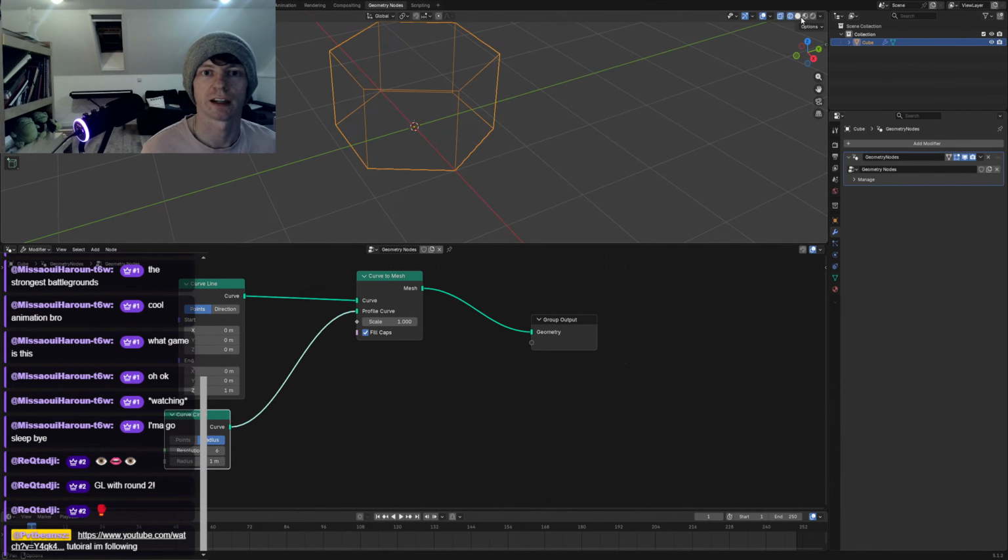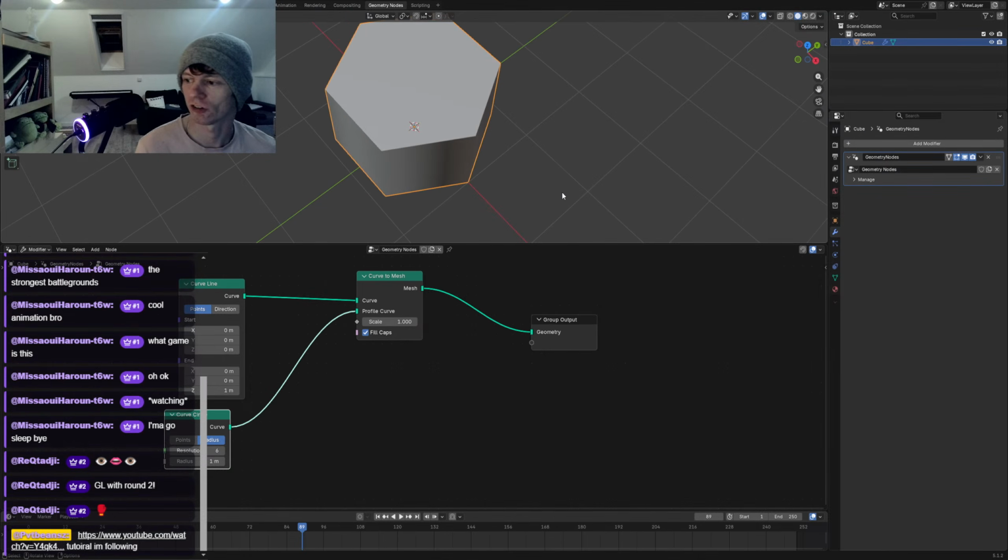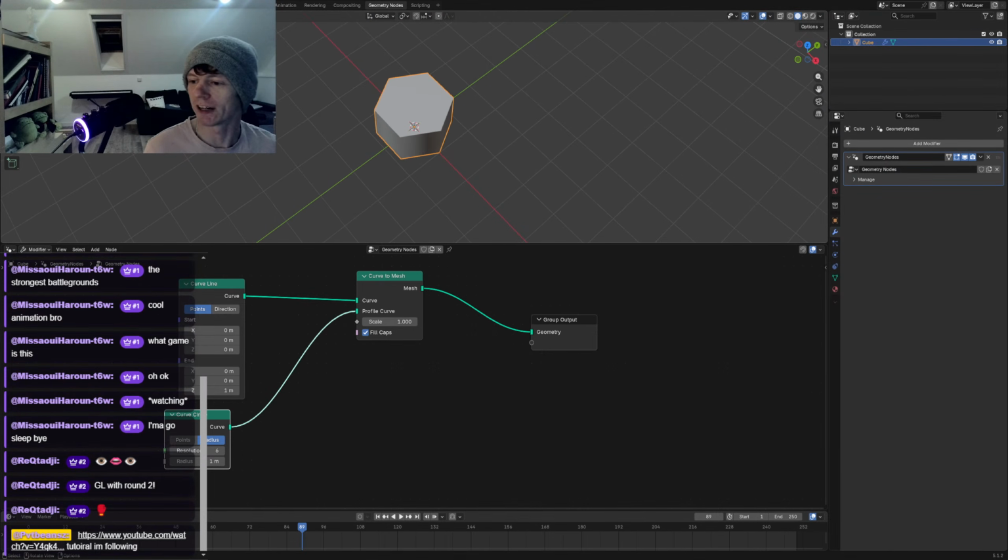This is not a helix. This is a 1, 2, 3, 4, 5, 6 six-sided shape. This is not a helix. But it's really annoying me that he keeps calling this a helix, because